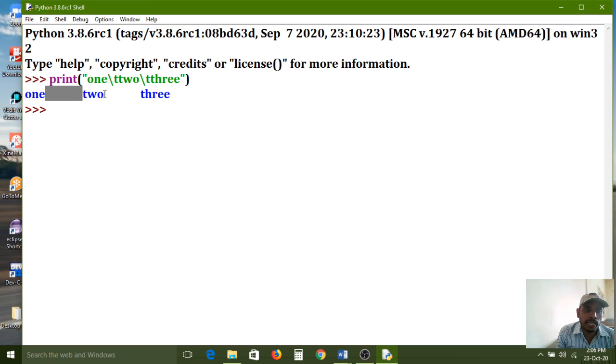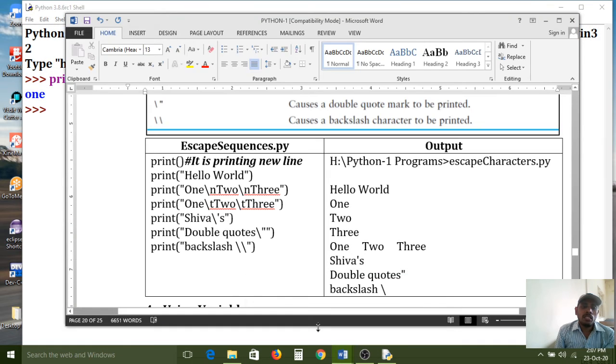1 tab space it is taking now. 1 tab space it has taken. Now understand na? \t is also one of the escape sequence characters to give a tab space between 2 words. If you want to use tab space directly, we need to use the \t escape sequence character. Then it will give that much space in between 2 words. Understand? That is also one of the predefined escape sequence characters, also called escape sequence constants. Next,